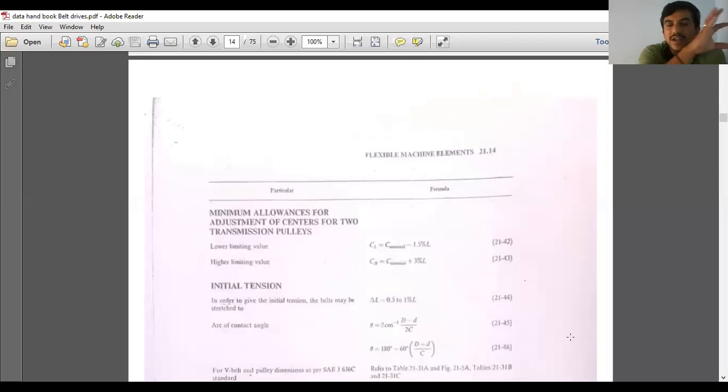We compare that earlier data handbook, the short copy, and today's data handbook. Compare those two. The table number has changed. The equation number is the same, but the table numbers have changed. So that's why we go for today's data handbook that I sent, the scan copy, exactly Volume 2, Design Data Handbook by Dr. Lingaya. Okay, Volume 2, the same copy that I sent here, use that one.